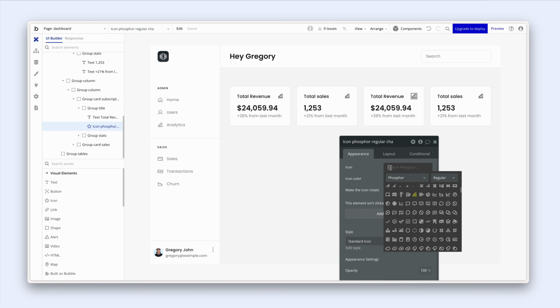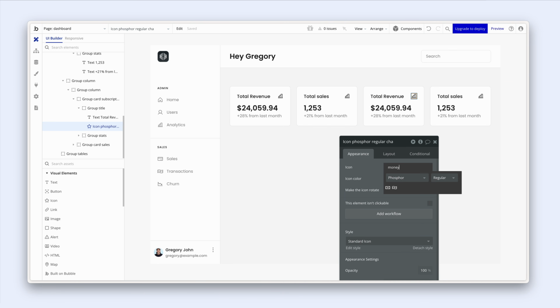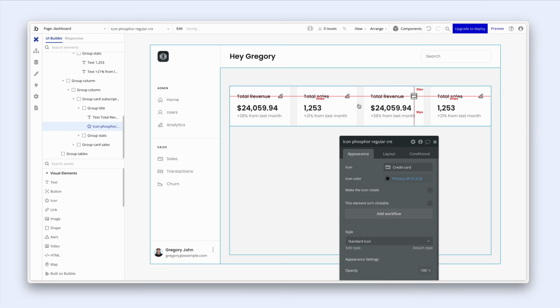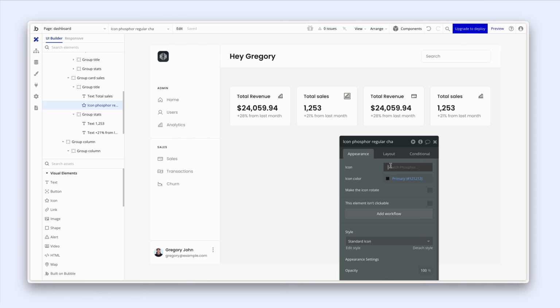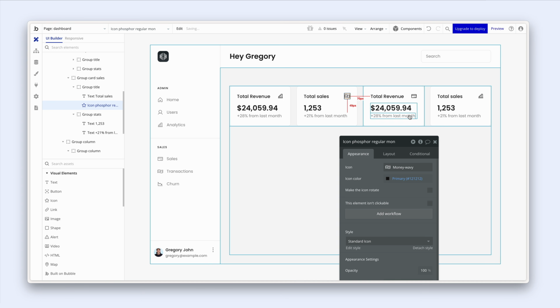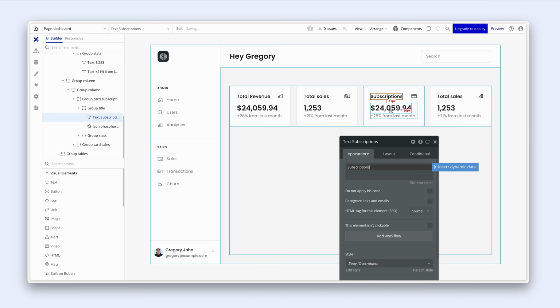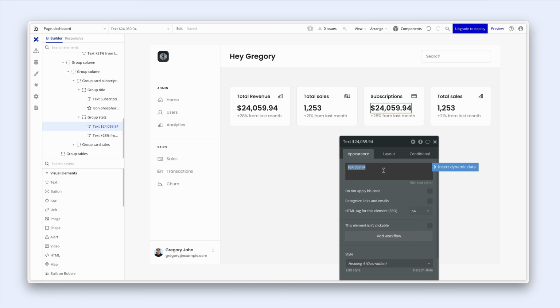Change to money sign. Actually, I like a card here rather. And maybe on the sales, maybe we can make this a money. Doesn't matter, guys. We're just designing here. Not important at all. And let's say subscriptions. And let's say that we had an added, I'm going to use a plus here,